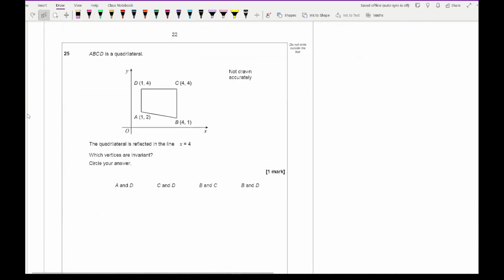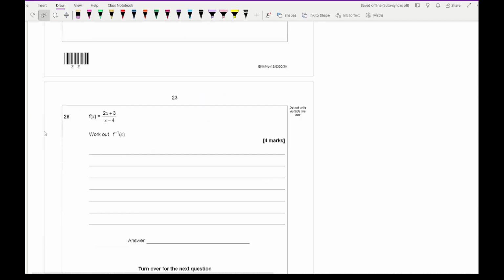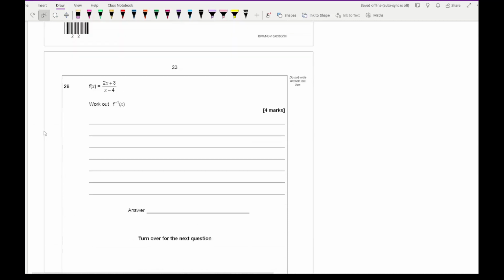And moving on to question 25, it says ABCD is a quadrilateral. The quadrilateral is reflected in the line x equals 4. That's reflected in this line here. The question is saying which vertices are invariant. Now, invariant means basically don't move. So which two coordinates don't move? Let's see. Then looking at question 26, it says here we've got the function and we need to work out